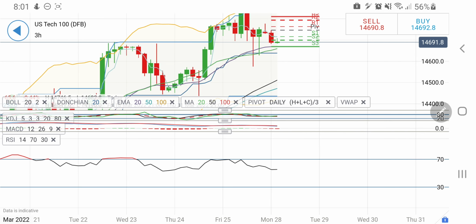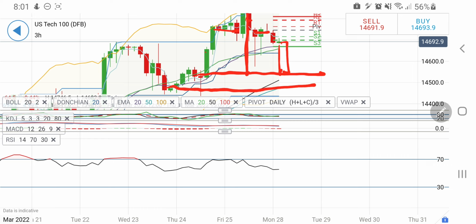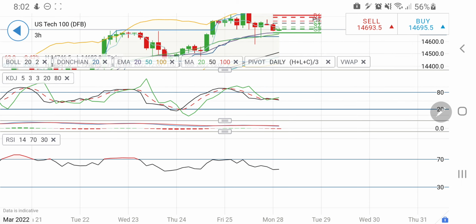Also, look at this. Now it is trying to give you the symmetry out there. It has formed this consolidation, this red candle, trying to consolidate, and possibly now the next destination is here at 14,540 levels. So if it continues to drop, it is going to hit 14,540 levels and then 14,450 levels. These two levels are very strong support levels. Any breakdown below this zone is definitely a good bearish drop.